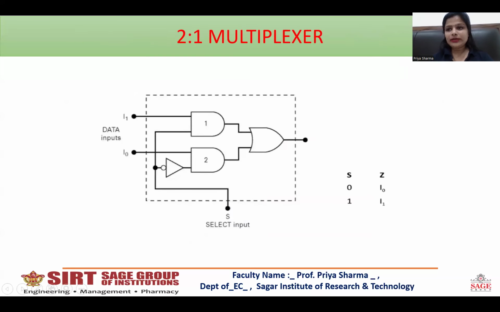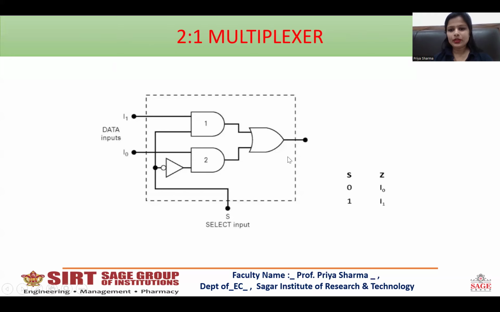As we have seen, 2 to the power m is equal to n. So the multiplexer will have the number of inputs in powers of 2. 2 to the power 1 is 2, 2 to the power 2 is 4. So we get 2 is to 1 multiplexer, 4 is to 1, 8 is to 1, 16 is to 1, and so on. A 2 is to 1 multiplexer will have two input lines, one selection line,